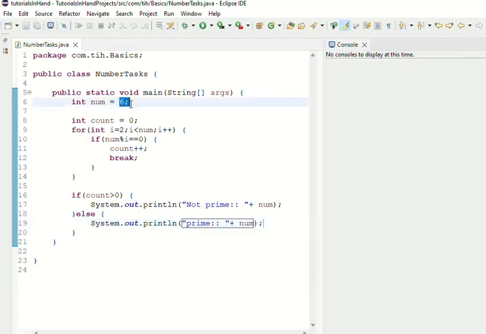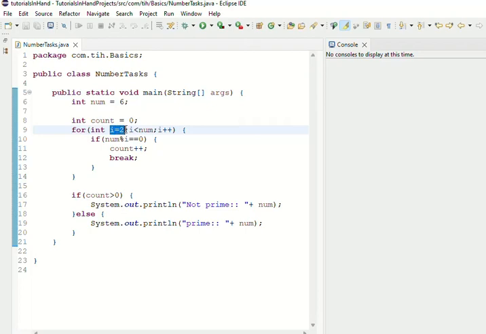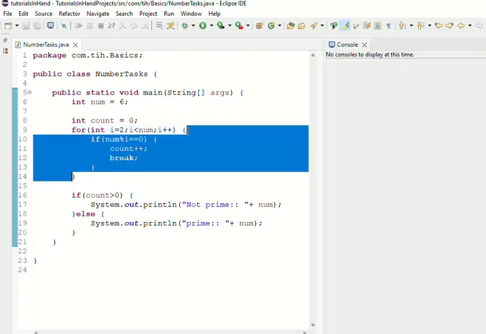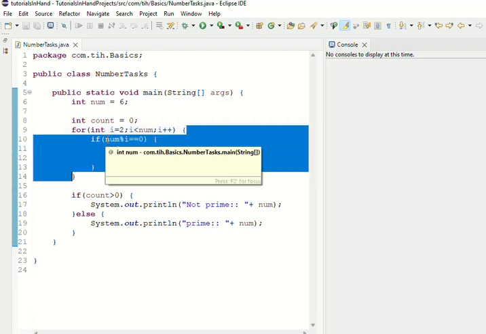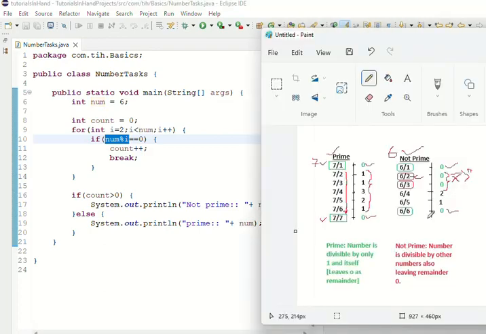And now if you execute this one, 6 will be giving you remainder as 0 in the first iteration itself. When i is 2, then 2 < number, that means 2 < 6 will be checked, it will be true, and it will enter inside the loop. We will check that number, that means 6 mod 2 is equals to 0 or not. So 2 will divide 6 3 times and will leave the remainder as 0, right?